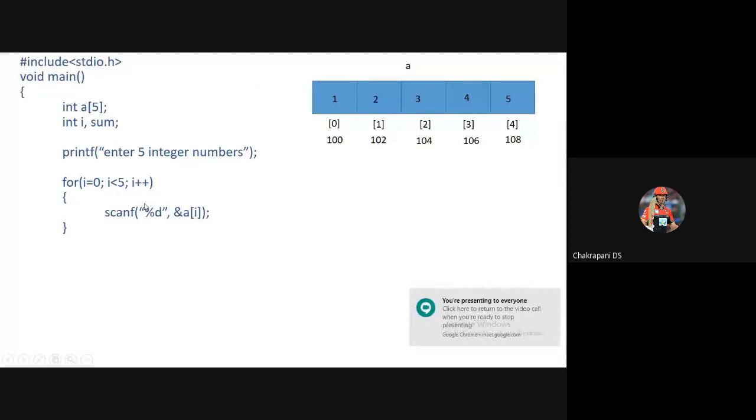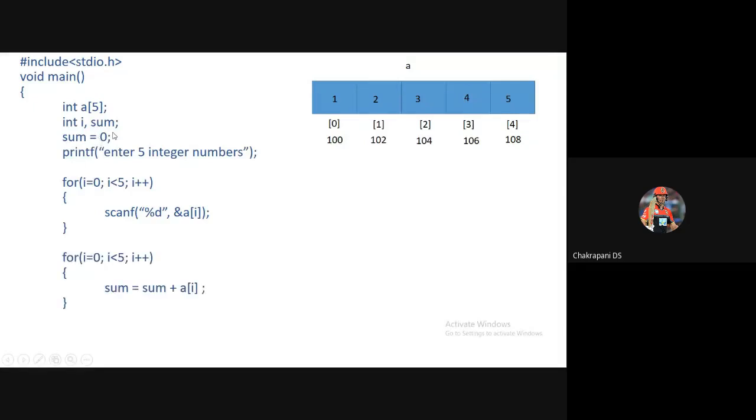First thing is, when we declare a variable called sum, we have to initialize it equal to 0. Sum is equal to 0. I will tell you why. If you are using a variable repeatedly in a for loop, we have to initialize that variable with some value. See, even I am initializing i with 0 here. Similarly, I am initializing sum with the value 0. Okay, now let's go to the next part of the program.